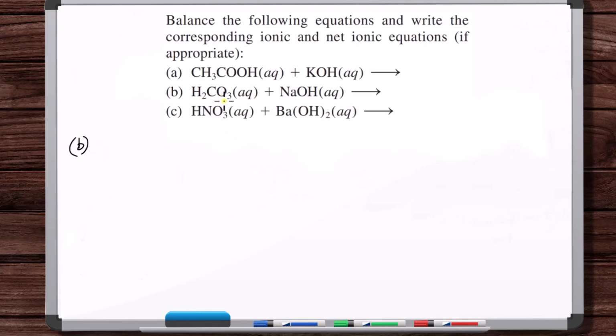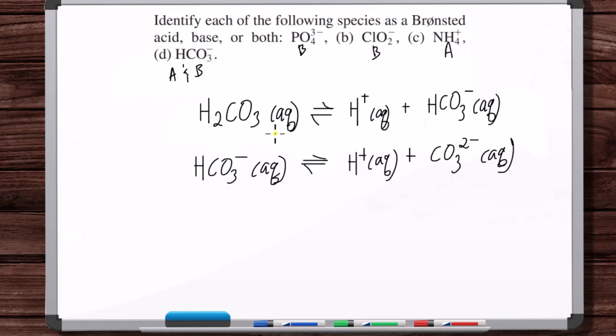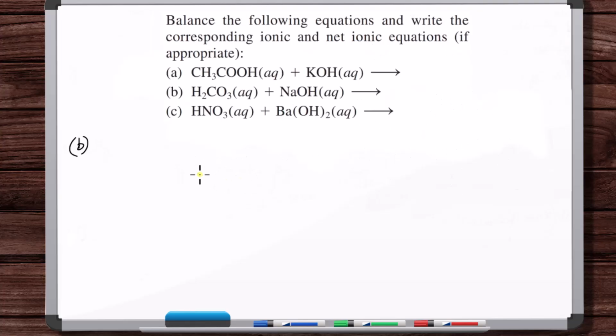We've got H2CO3 aqueous, which is carbonic acid. We talked about carbonic acid a second ago. This is a diprotic weak acid. Okay, but now just to keep things simple, we're just going to consider the initial carbonic acid and its full dissociation into H plus and CO3 2 minus ions. Okay, so we've got